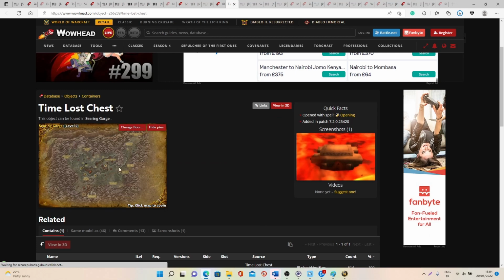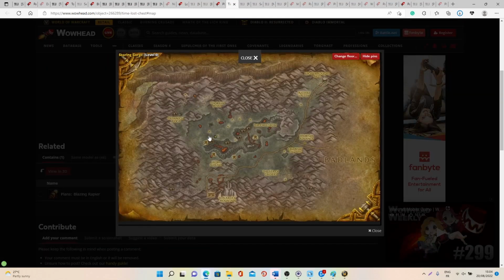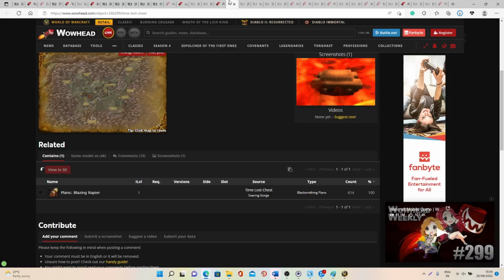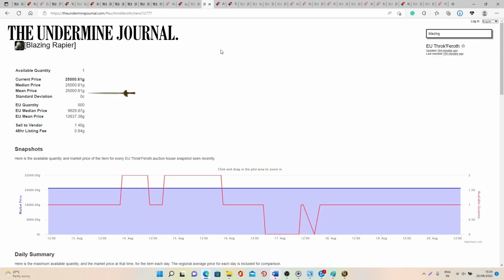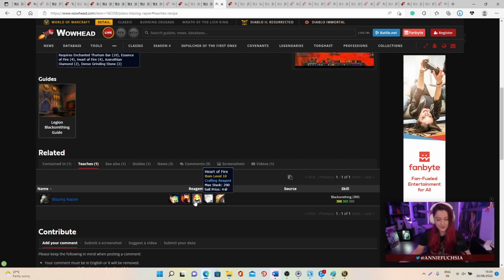So the recipe will be located in the time lost chest that you can drop here. Again, it's explained in the video, so I won't really go into it, but this is something that is very easy to get. Then in order to craft this item, all you need is 10 of these enchanted thorium bars, 4 of the essences of fire, 4 of the earth of fire, some Azerothian diamonds, and then some of these